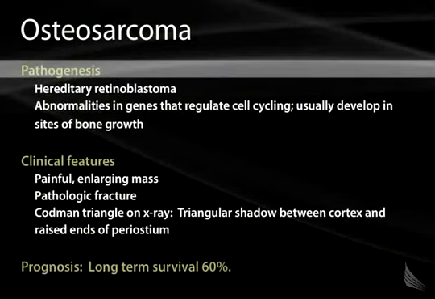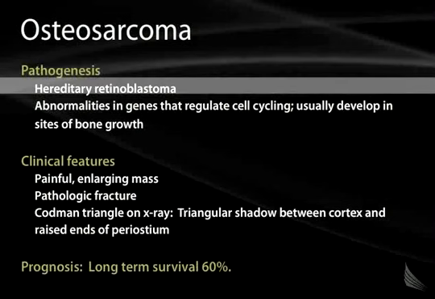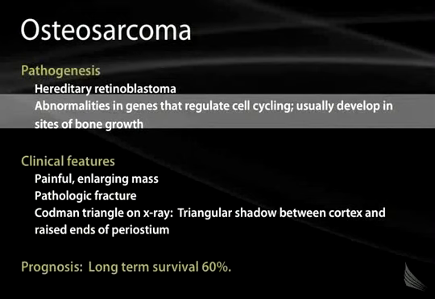In terms of the pathogenesis of osteosarcoma, the genetic events leading to the development of this tumor are not completely understood. It is known that osteosarcoma will tend to present in patients who have had hereditary retinoblastoma. This development of the bone tumor may be due to the effects of the treatment for the retinoblastoma, which often includes doses of radiation, or it may also reflect the hereditary genetic changes that are present in the patient that predispose them to the development of the retinoblastoma. It is also recognized that abnormalities in genes that regulate cell cycling are involved in the development of osteosarcoma, and this may be due to the fact that they are expressed in sites that regulate